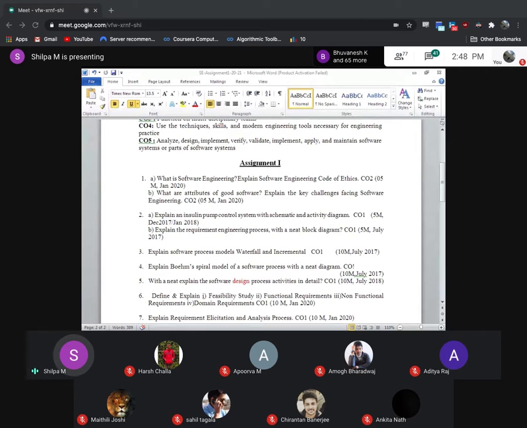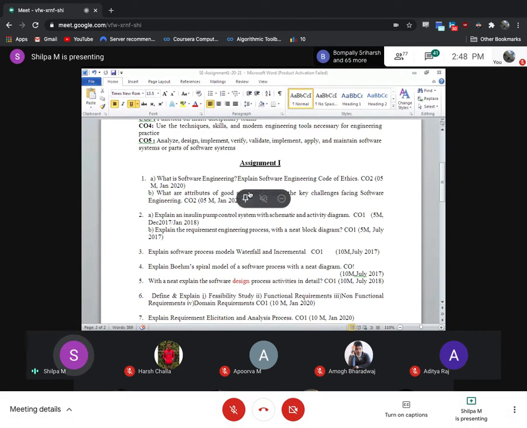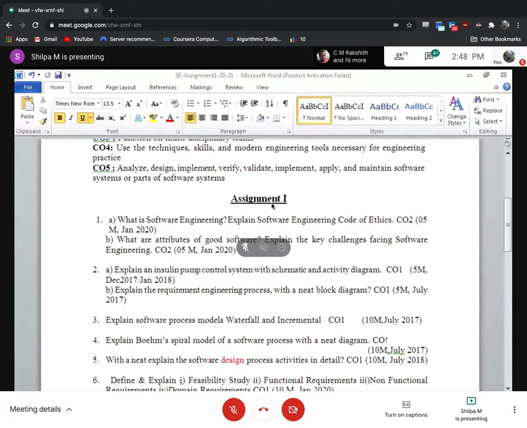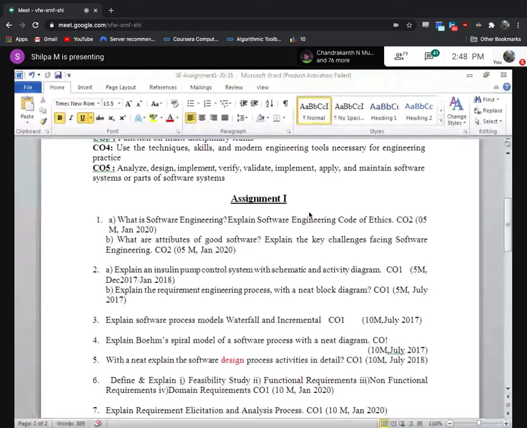But what I'm telling now is the foremost thing that you should remember while writing these answers in your internals or your exams. If you don't write this, you will not get full marks. So remember this. And don't come to me telling, I have written in my assignment, you have corrected, give me marks. You come to me with that answer, I'm going to give you zero for that.